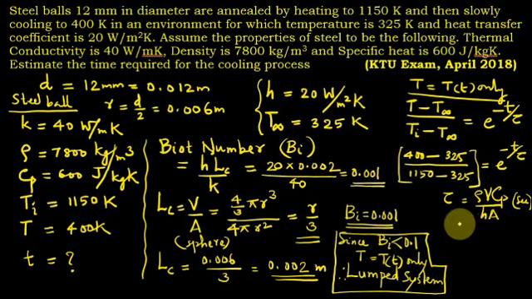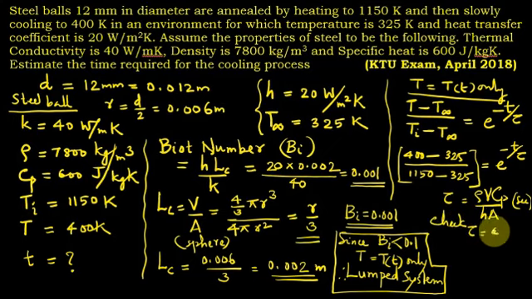So just substitute the values. Here rho is given as 7800, volume is 4 by 3 pi r cubed. We know the V by A ratio, so just put r by 3 there. Instead of V by A, put r by 3, that is 0.002. Then h is 420, Cp is 600, and all these. I think tau is around, please check this, I'll give the answer now. So tau is equal to around 468 seconds. That is called the time constant.